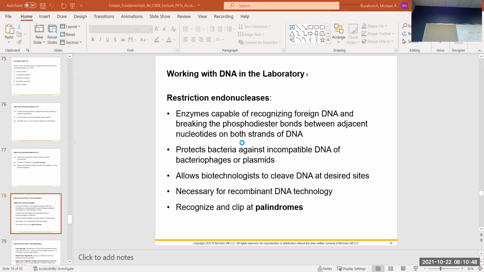Isolating messenger RNA is relatively straightforward. There are kits you can buy that will isolate messenger RNA from eukaryotic cells. So messenger RNA